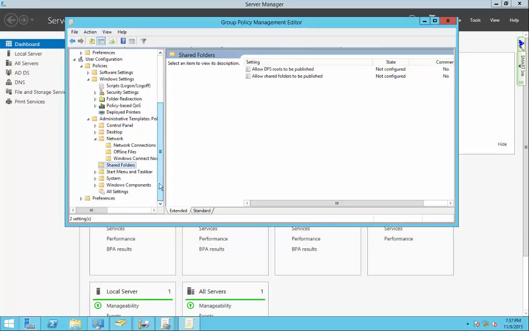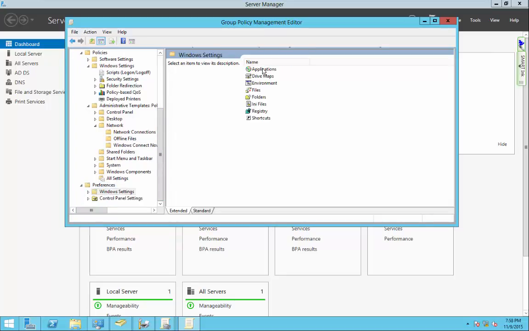No, hang on a second. I should probably look it up before I confuse everybody. Okay, users, user configuration, preferences. And then under preferences, it's Windows settings, and then